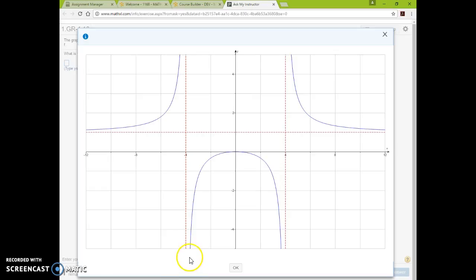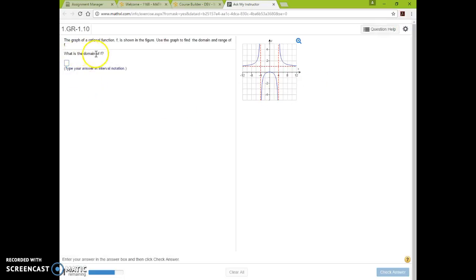Then what happens is the graph starts again as we move to the right from -4. So when we hit -3.99, etc., it comes back up, and again we have this other asymptote. There is no value here at 4 either. And then again it continues all the way to infinity. So what we're going to have to do here is list the domain of f